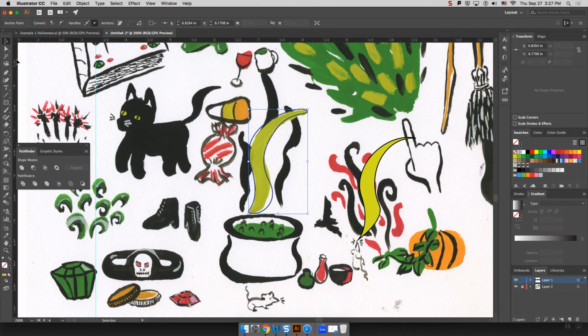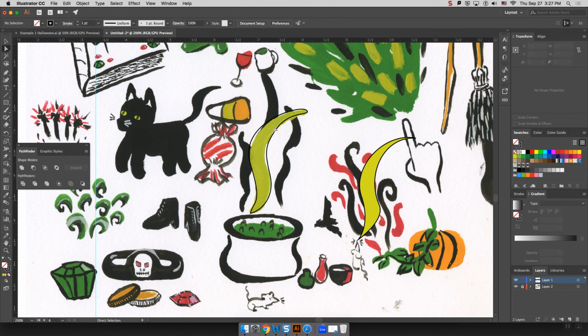I can easily go back in with the white selection tool and adjust where the anchor points sit and adjust the handles. Maybe I really want this to be a corner and I accidentally made it smooth, right? I can convert it into a corner, again, with Alt. So the white selection tool also allows me to convert these handles